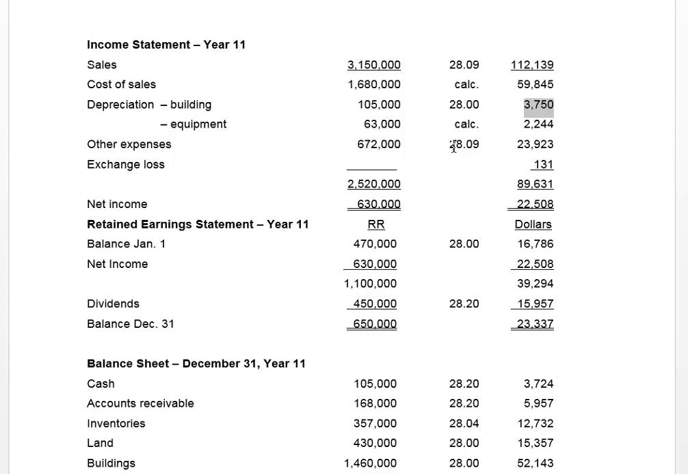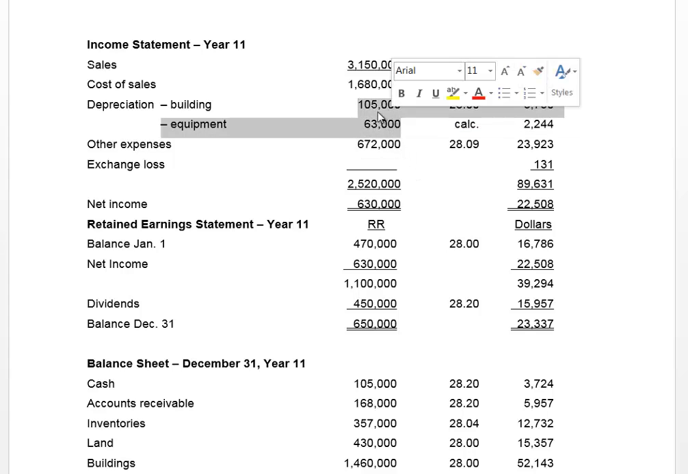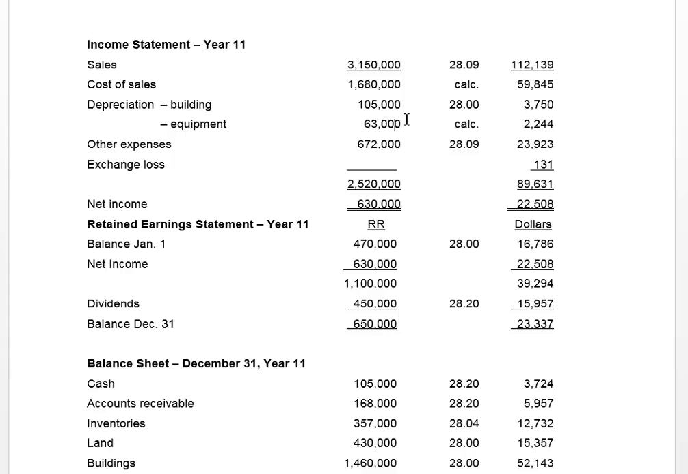We talked earlier about our other expenses, which are 672,000. Remember, this differs from the amount of 840,000 in the question, because these amounts up here, the 105 and 63, were the depreciation expense that was included in other expenses. Why we pulled them out was because these are translated based on historical rates, and what's left in those other expenses is translated at the average rate. So we'll come up with 23,923 for that, plug in our exchange loss,